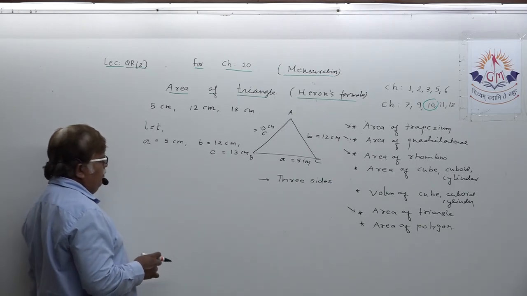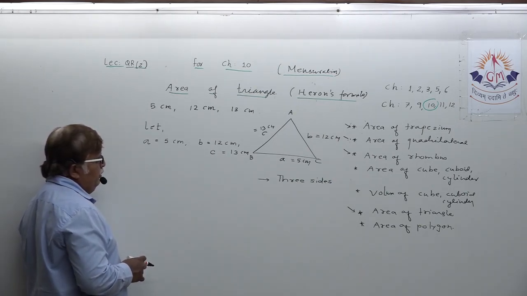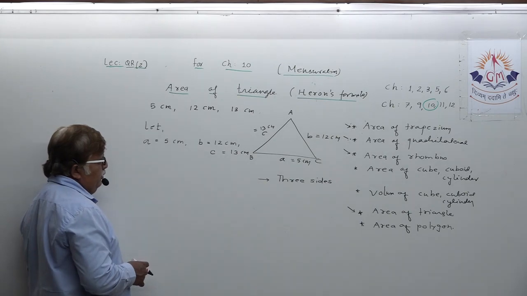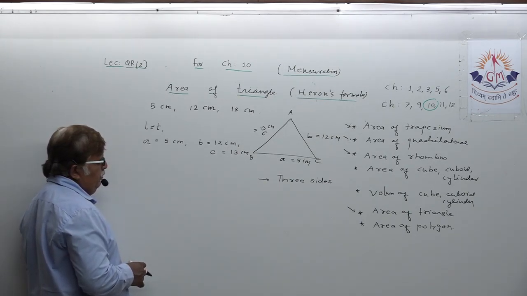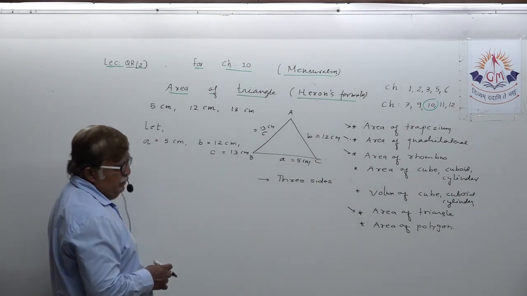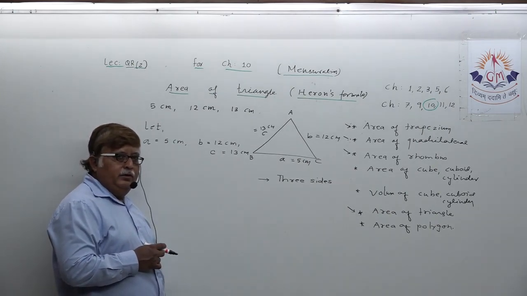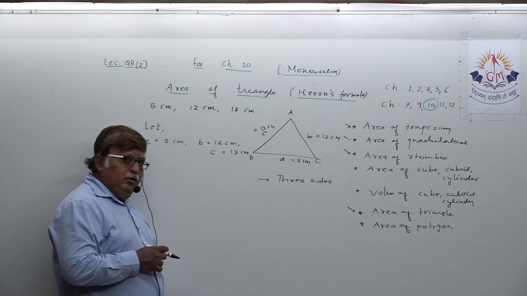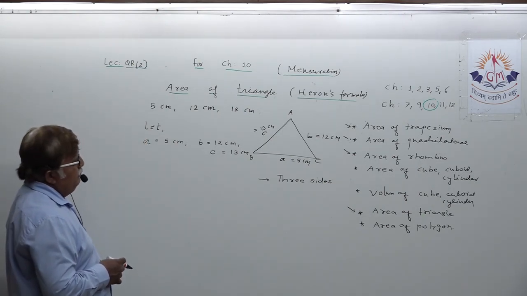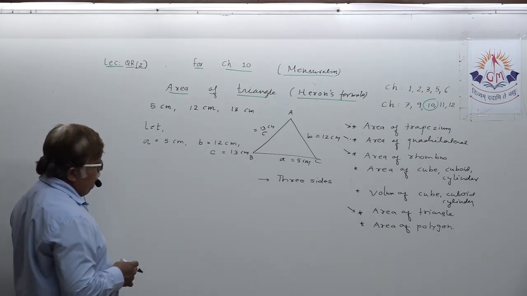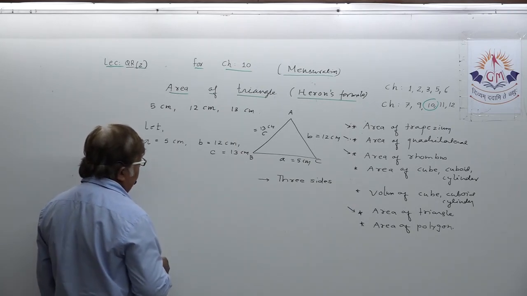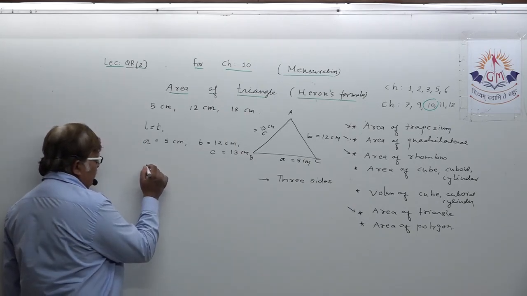Measures of all three sides have been mentioned: a 5 centimeter, b 12 centimeter and c 13 centimeter. Okay. Now, after we mention all three sides, now important for us is that you have to find